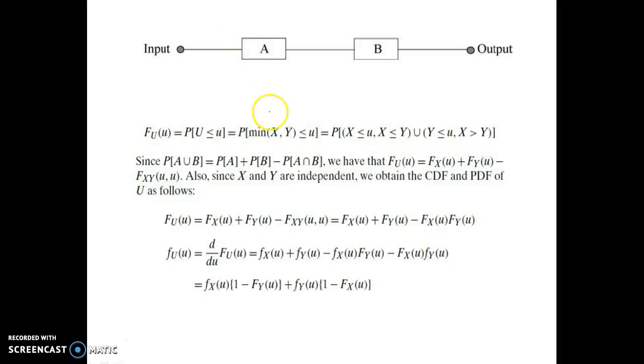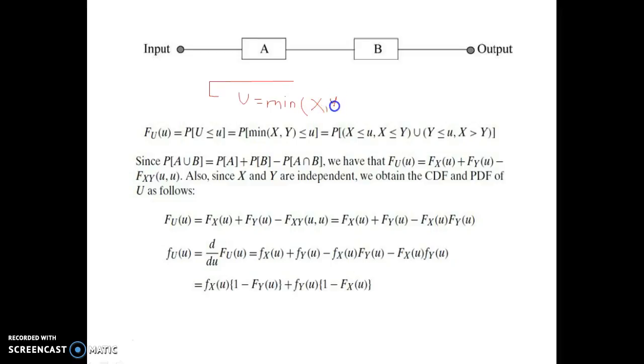If with X we represent the reliability of system A, and with Y we represent the reliability of system B, then the reliability will be determined by the minimum of the two, since they are connected in series. So we need to find the CDF and the PDF of the minimum of the two, that is U. U is represented as the minimum of the two independent random variables X and Y, and we are concerned with finding the CDF and PDF